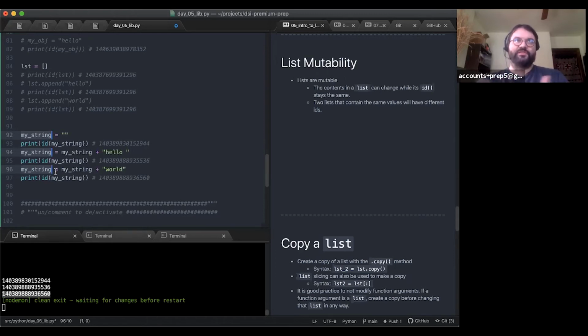So since it no longer has an identifier pointing at it, the Python interpreter is smart enough to do what's called garbage collection, which is it goes around and finds orphaned parts of your memory, and says, oh, well, there's no pointer pointing at this, so it's inaccessible, so I'll delete it from memory.